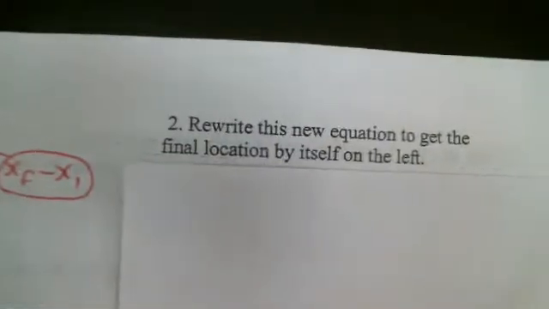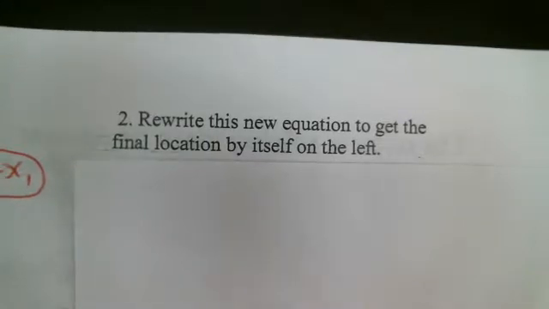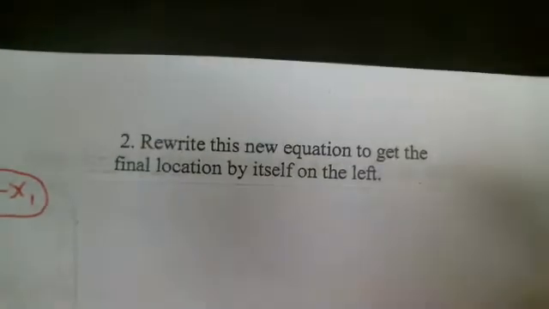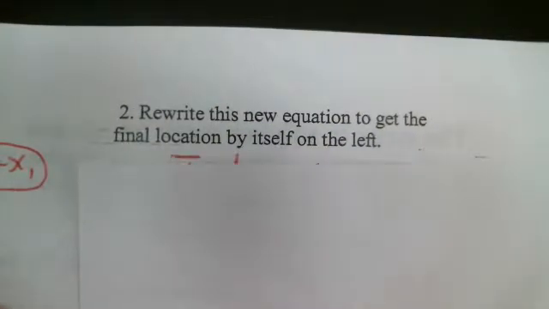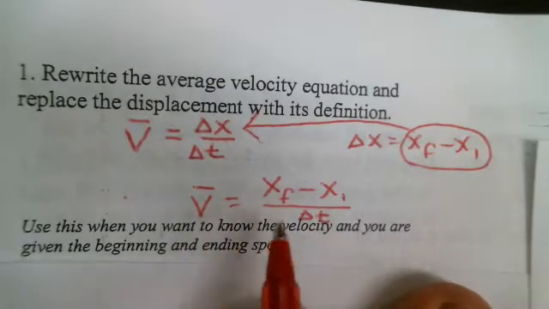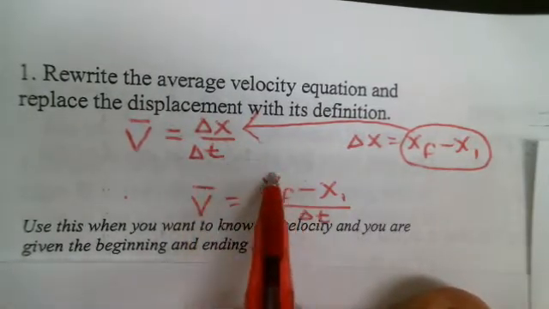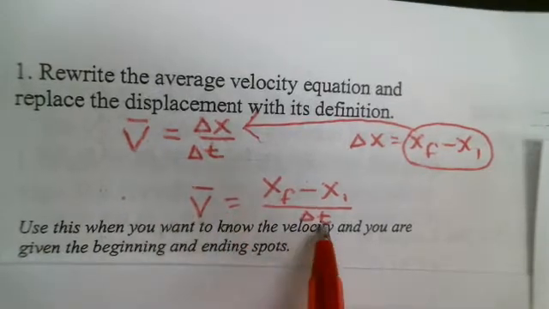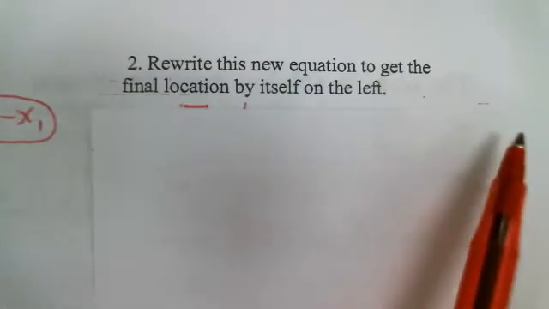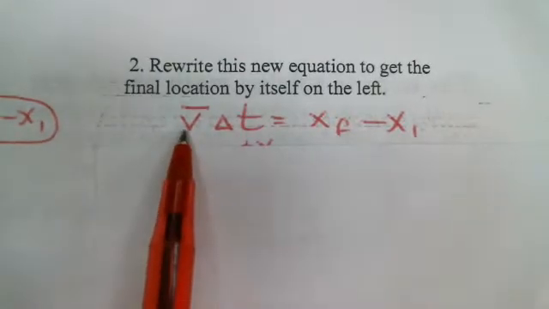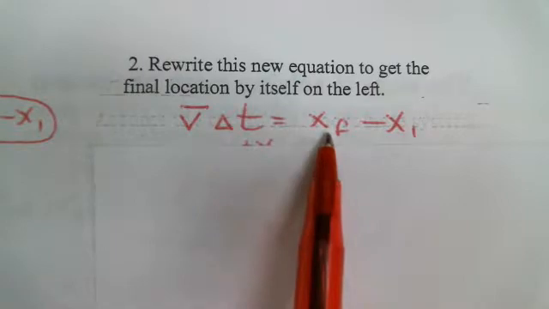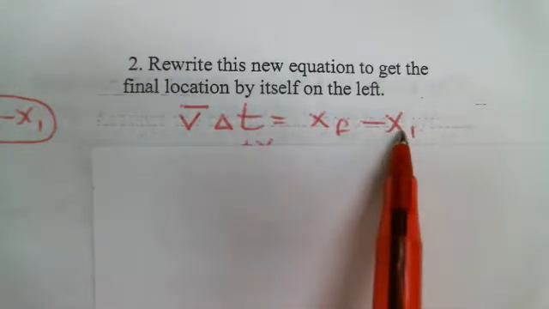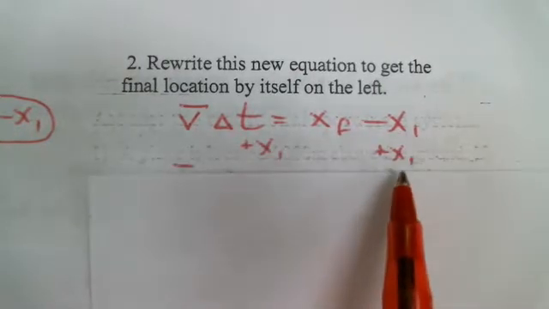Next, number 2. Rewrite this new equation and get the final location by itself on the left. So we're looking for x sub f to be by itself on the left side. So going back to our other equation here, I want to get this x sub f by itself. So I'm going to multiply both sides by delta t. When I do that, I get average velocity times the elapsed time is equal to the final location minus the initial location. I'm going to add initial location to both sides,